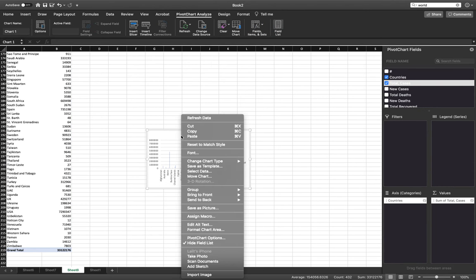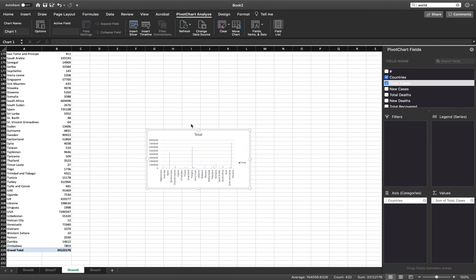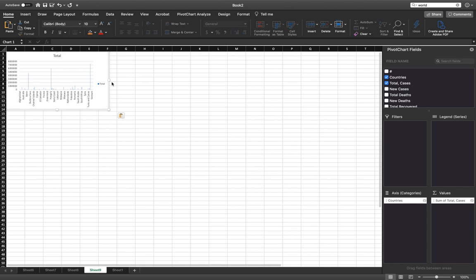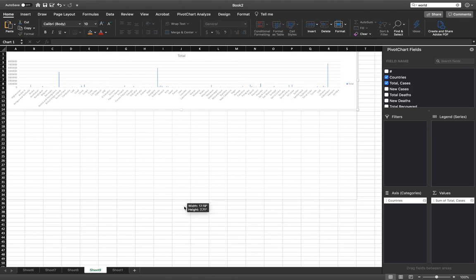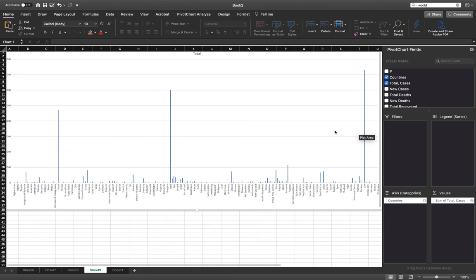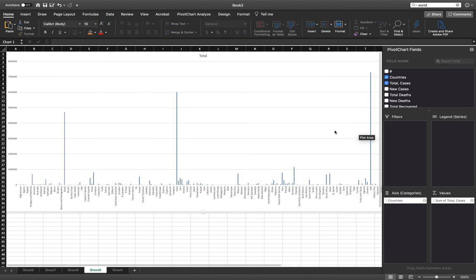So you can click that. I'm going to cut this chart and paste it in a different sheet, and then you can just expand it so that all the fields are there. Now, as you can see, the entire information is here. We can change the top heading from total to COVID-19 cases in world